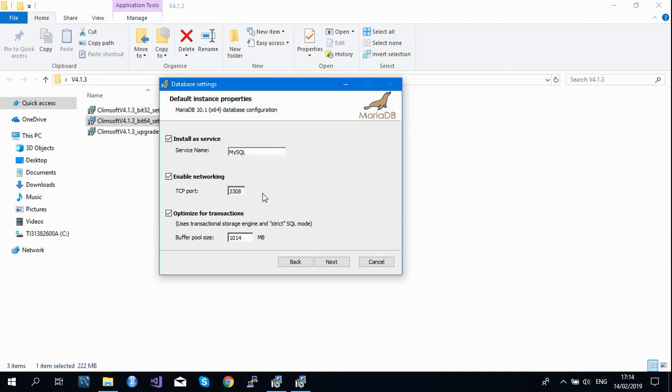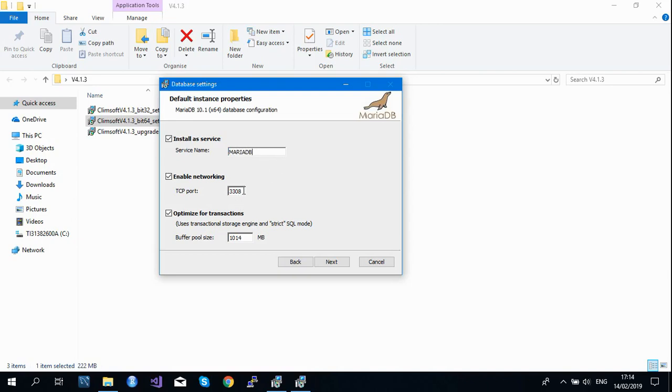So you recommend to change this port so that it meets the requirement which was done into CleanSoft. So this is what CleanSoft is using, not the default 3306. And here, since we are using MariaDB, we can just type here MariaDB. So the rest are okay.